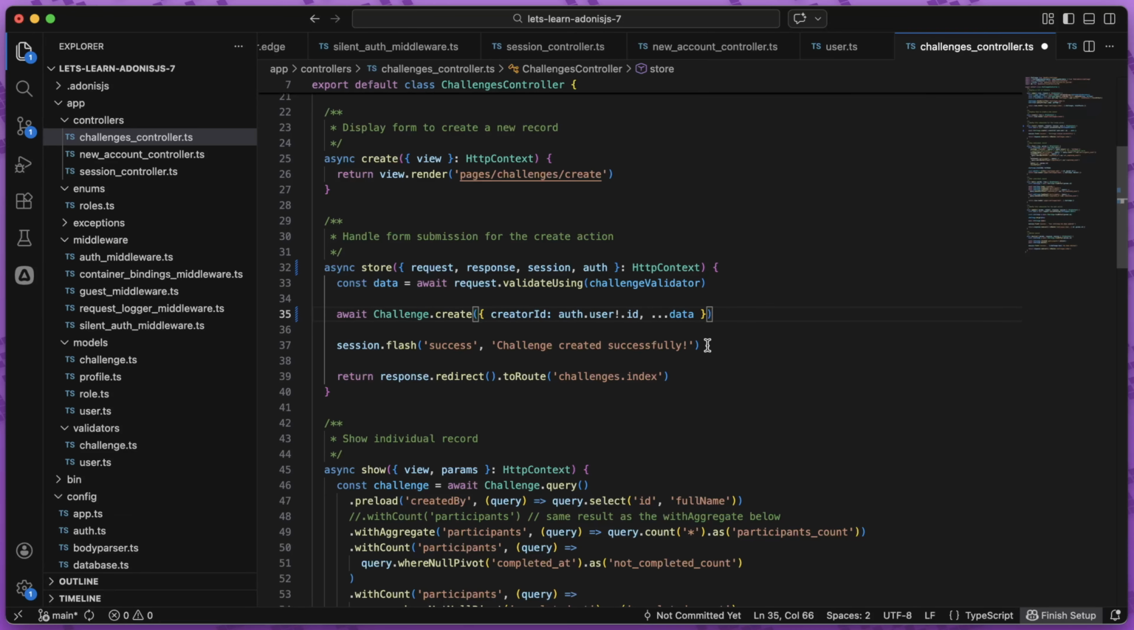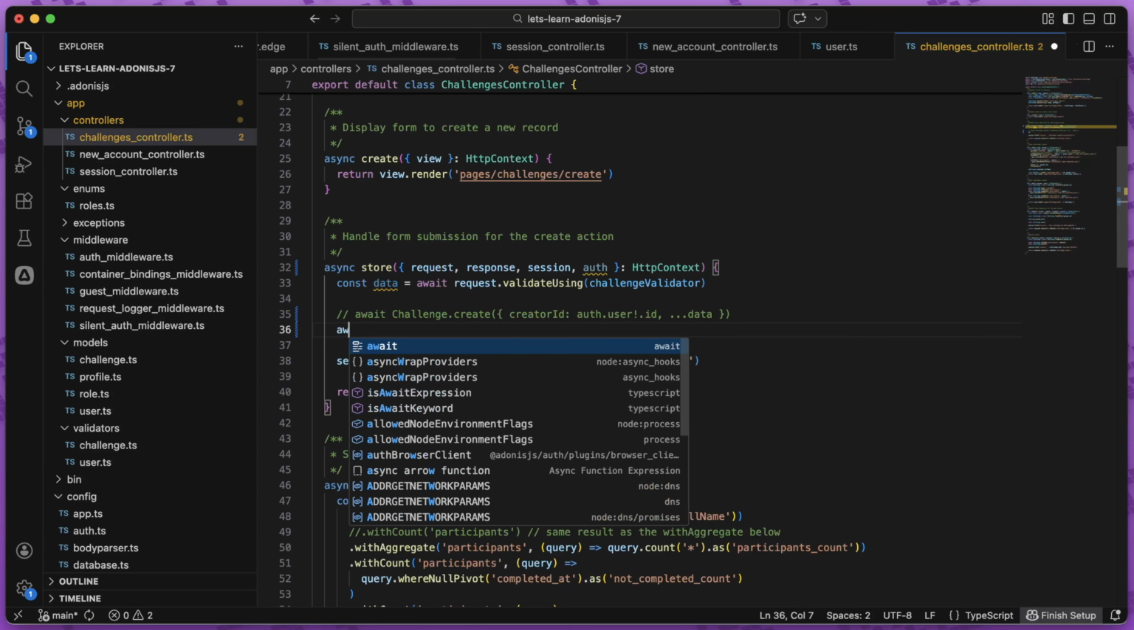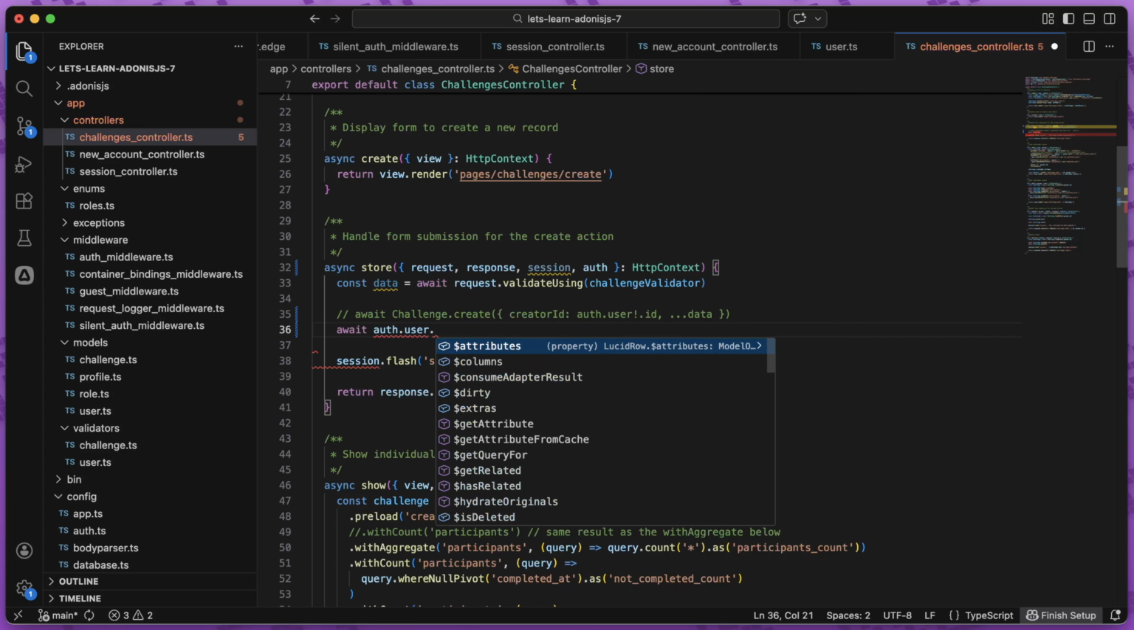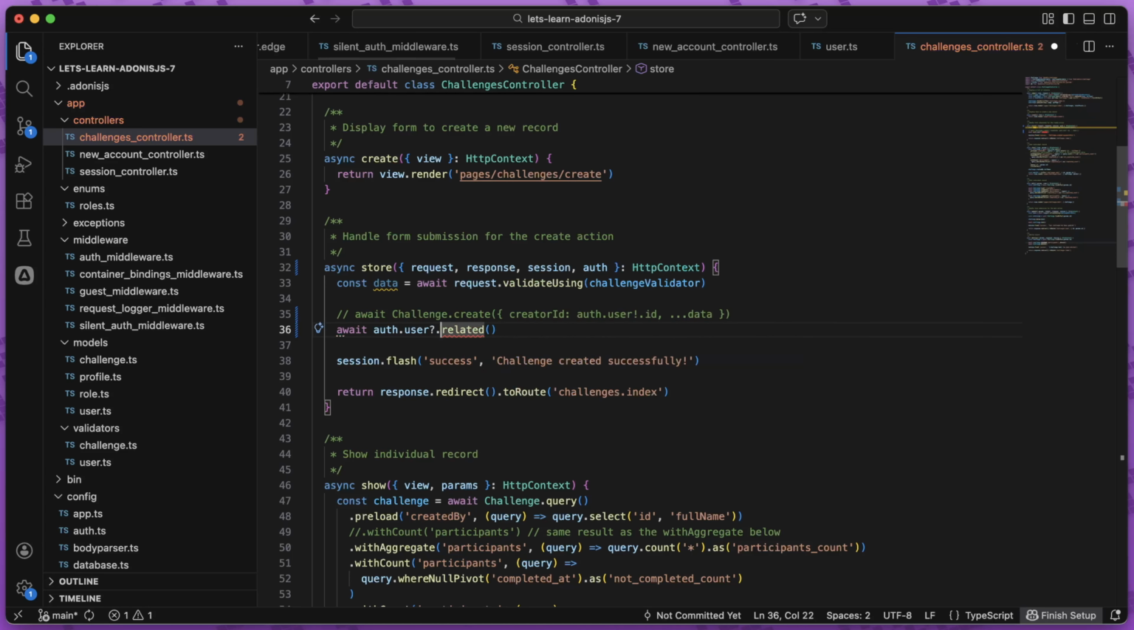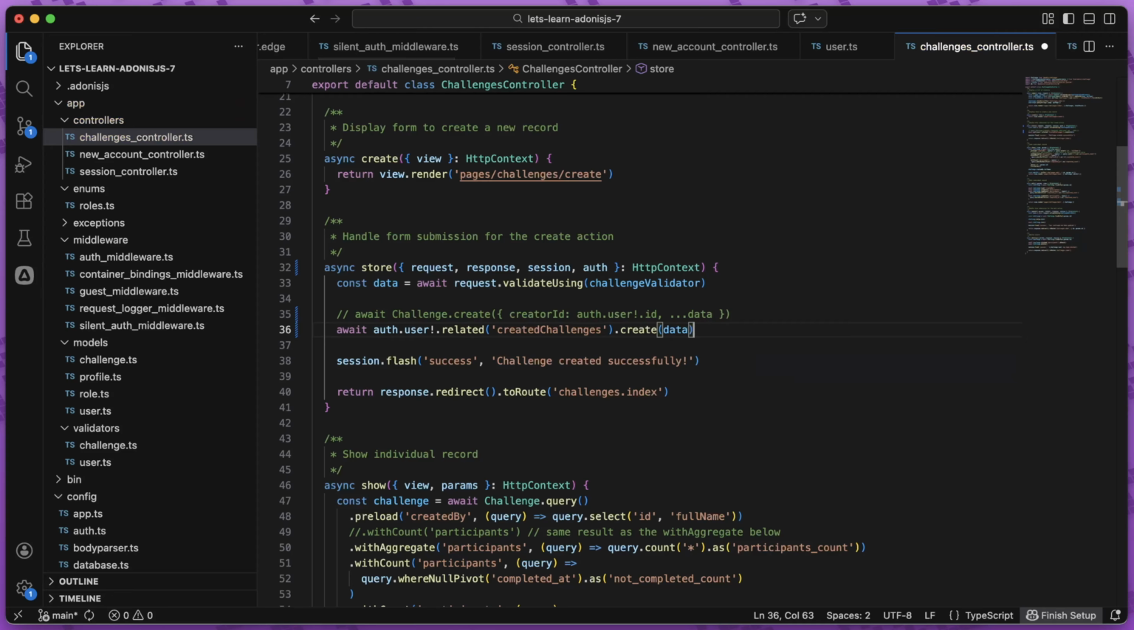While we're here, I just want to quickly note an alternative way that we can create this as well directly using the user and its relationship. So we could do await auth.user.related. And again, that's going to switch to a question mark because it's possibly undefined. We can assert that it's going to be here. And via related, we can reach through to the created challenges relationship to then create a challenge directly via this